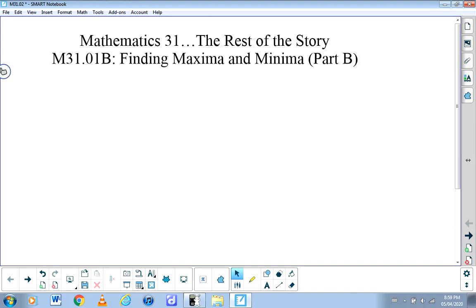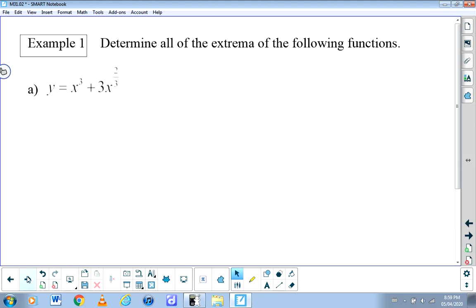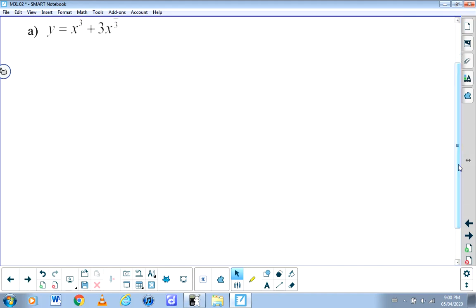So to find maxima and minima, you need to find the first derivative, find the critical points of the first derivative, and then to figure out which of those critical points truly are maxima or minima, you need to do a first derivative table. All we're doing today is looking at two examples, and unlike the examples last time, some of these are going to lead to critical values of x that are critical because they make the derivative not defined. So the first one is